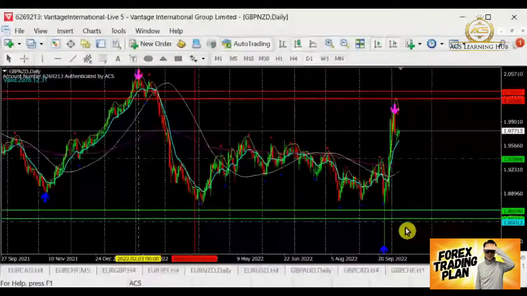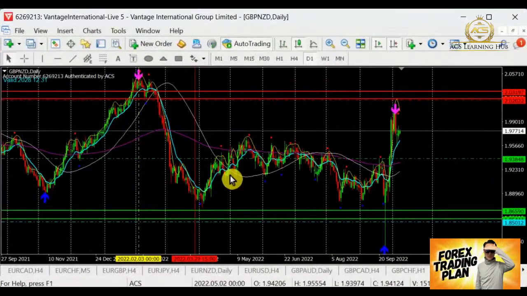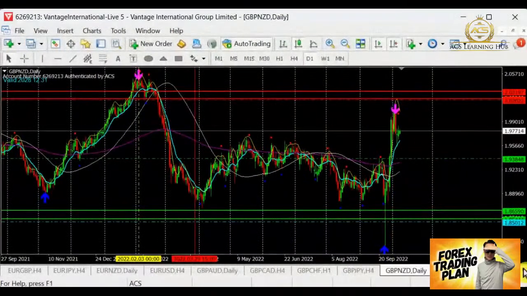We are going to look at this pound kiwi. Sawadee krap, 168. Nice to see you here. Pound kiwi, we are still looking for a bull, so the bull is still buying. Tentatively, I'm going to skip this pound kiwi.